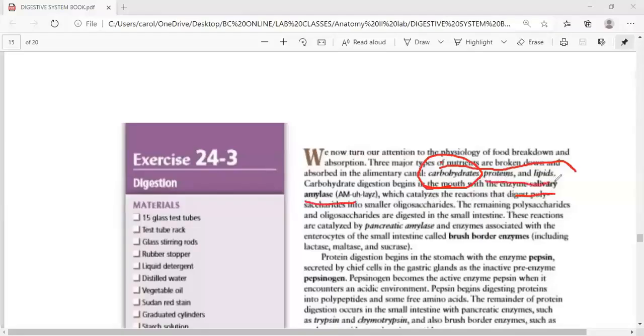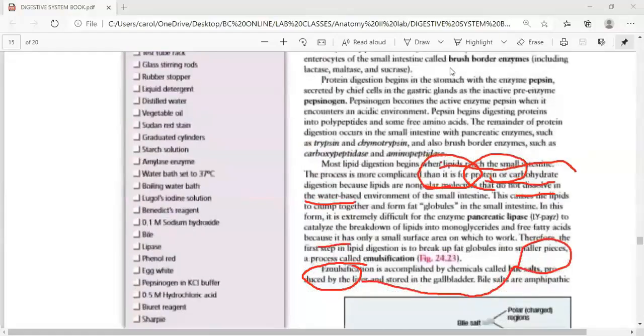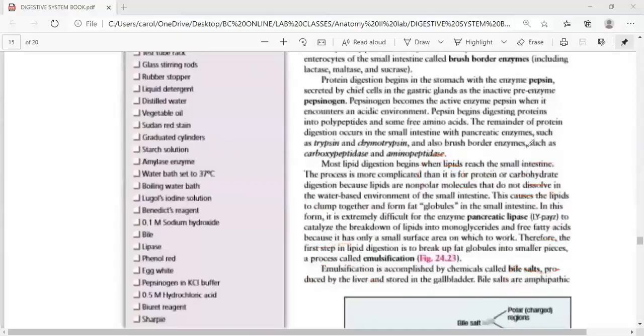Proteins and lipids, no, that doesn't happen in the mouth. Protein digestion starts basically in your stomach. As I mentioned before, in your stomach you're going to have individual cells that produce different substances, such as the mucus and the acid. But I told you that some other cells are going to produce pepsinogen, right here. Pepsinogen is produced by one of the cells in your stomach, to be more specific, the chief cell. And the pepsinogen eventually, in the presence of the acid, will turn into pepsin. And pepsin is one of the first enzymes that we use in order to digest proteins, as you can see right there. So if we scroll down, obviously, after we digest that in the stomach,